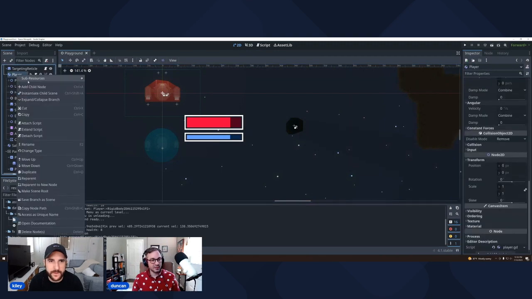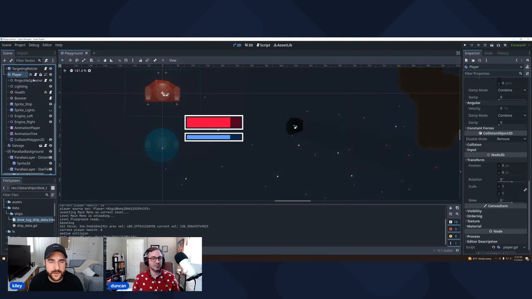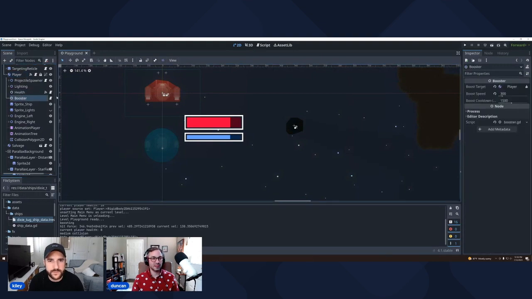So to make a new node, and again, in Godot, similar to a lot of other languages, the thing you want to do is have your top level thing that orchestrates all of your lower level components, right? The lower level component should be able to function sort of independently. Like inversion of control, or do you mean more like you could use that lower level component in lots of different scenes?